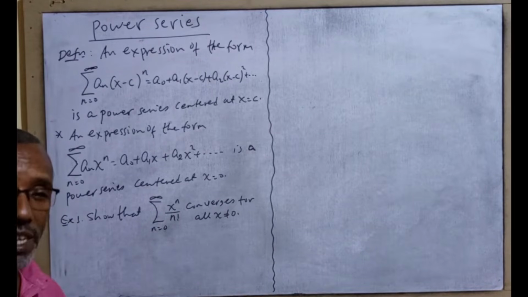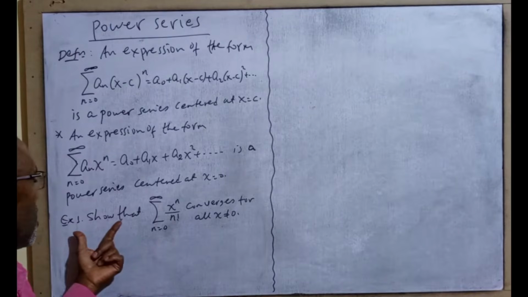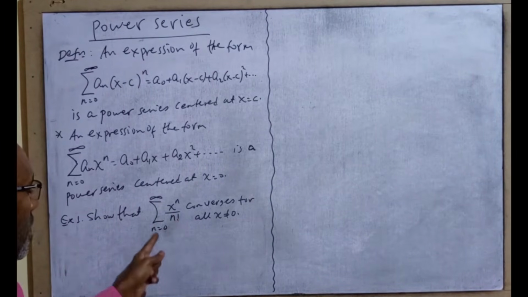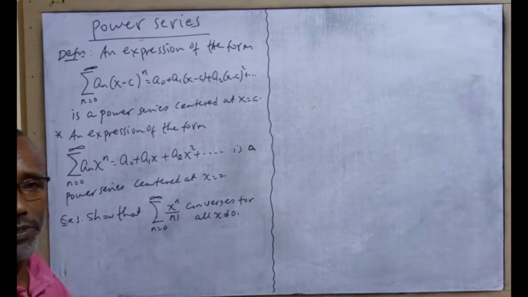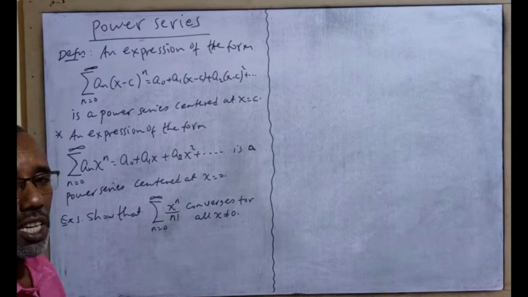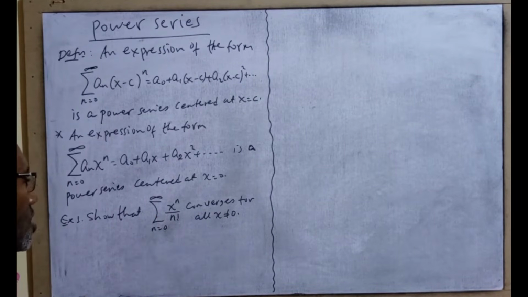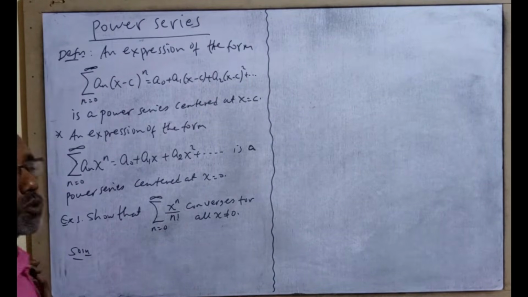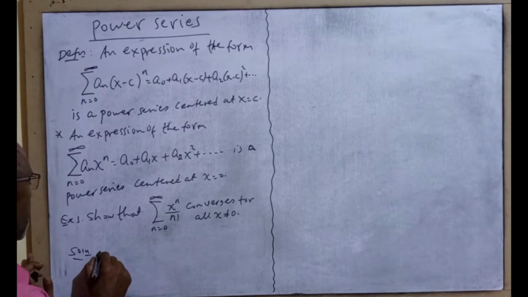ሌላው ምንድነው እንደዚህ አይነት ፓወር ሲሪስ ይሰጣል ልክ ባለፈው ሲኩዌንስ ላይ እንዳየነው ኮንቨርጀንስ ኢንተርቫል ኦፍ ኮንቨርጀንስ እና ሬዲየስ ኦፍ ኮንቨርጀንስ መፈለግ እንችላለን ማለት ነው። ስለዚህ as an example show that the sum of x raised to n over n factorial as n runs from 0 to positive infinity converge for all x different from 0 ይሄንን አሳዩ ነው የሚለን። ይሄ ምንድነው it's a power series representation ነው። ስለዚህ ምንድነው የምናደርገው አፕላይ የምናደርገው ሬሾ ቴስት ነው